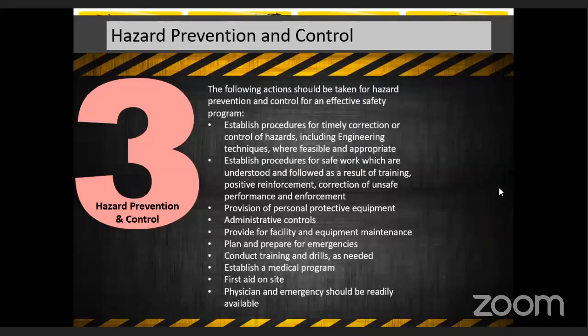So, what are the actions to be taken? Number one, establish procedures for timely correction or control of hazards, including engineering techniques where feasible and appropriate. Establish procedures for safe work which are understood and followed as a result of training, positive reinforcement, correction of unsafe performance and enforcement. Provision of personal protective equipment, administrative controls, provide for facility and equipment maintenance, plan and prepare for